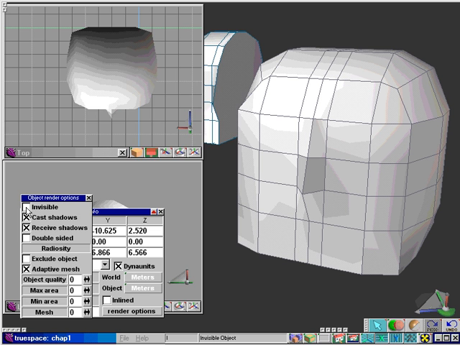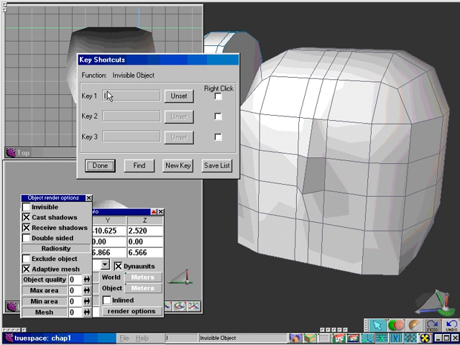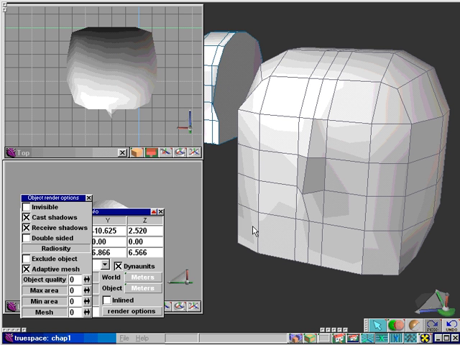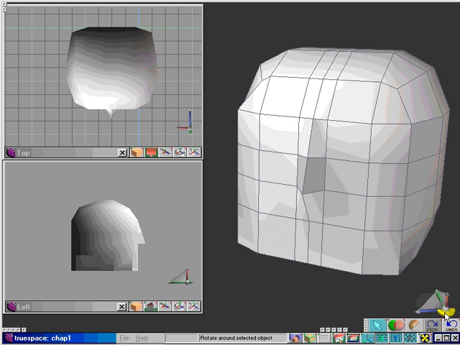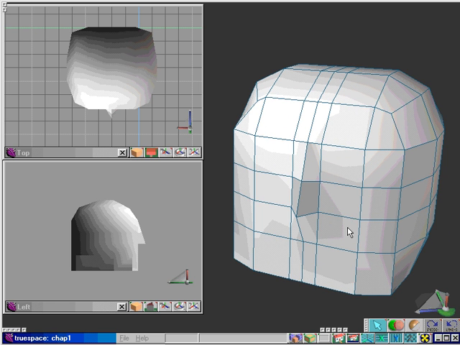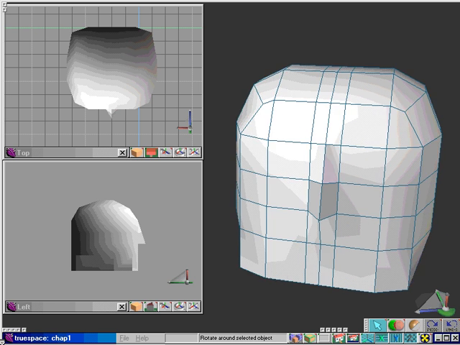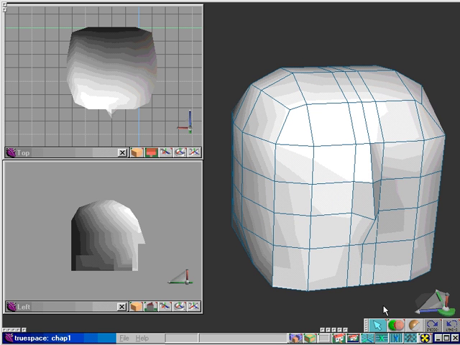Object Render Options, I use this to create a keyboard shortcut. I've selected I. So every time I select an object and click the keyboard letter I can make an object invisible or visible, depending on its current state. So as you can see, we still have proportional problems, but these will be resolved